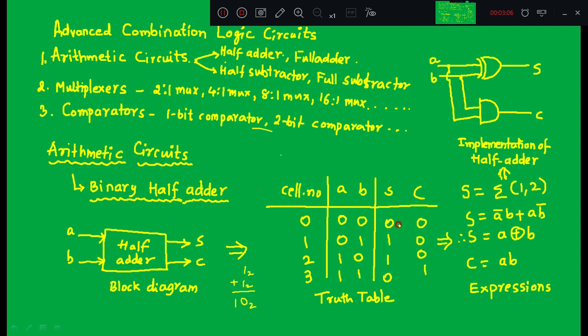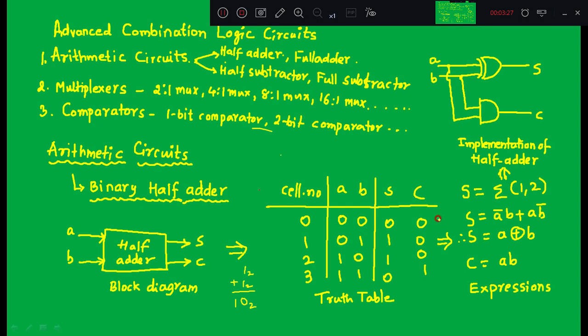If you want to find the expression, or if you want to implement a half adder using gates, the first step is, from the block diagram or the given specification, write the truth table that we have written. Once the truth table is ready, derive expressions.